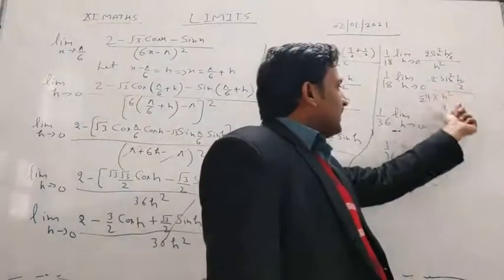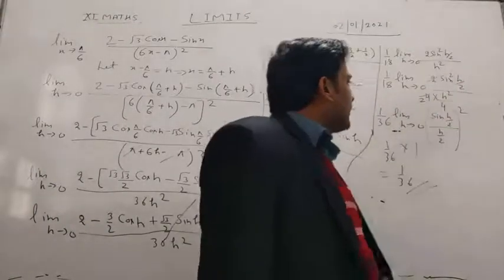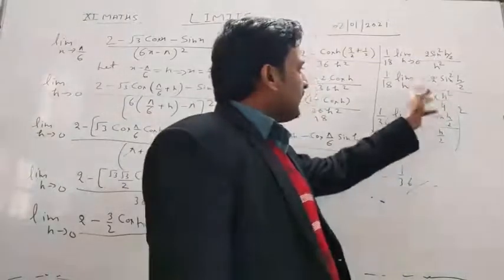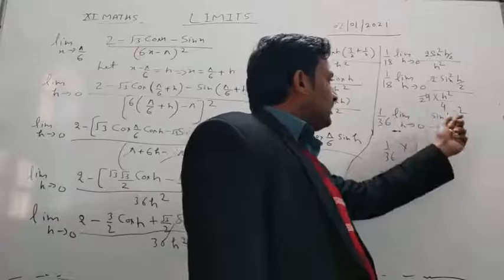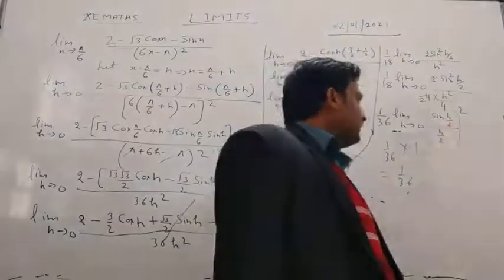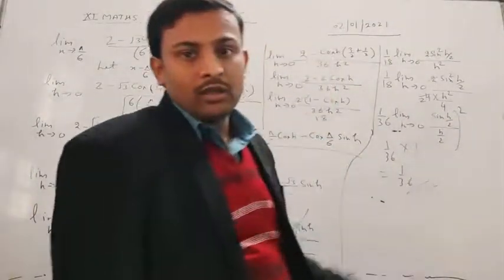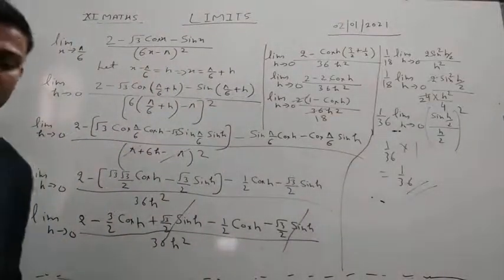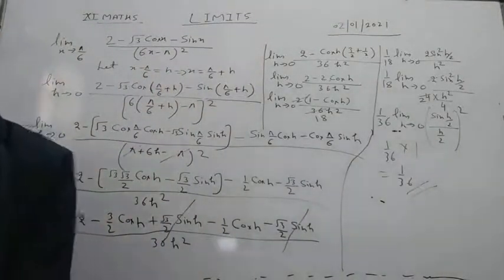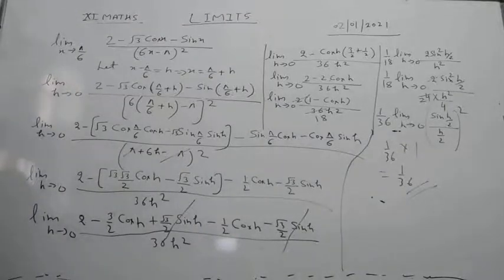So we will multiply and divide by 4 and 4, so this part will be cancelled. After multiplication we get 1/36, and this is the value which is equal to 1, and in this way we can solve this question. Okay, now student, we take another question and solve it. Let's see another question.